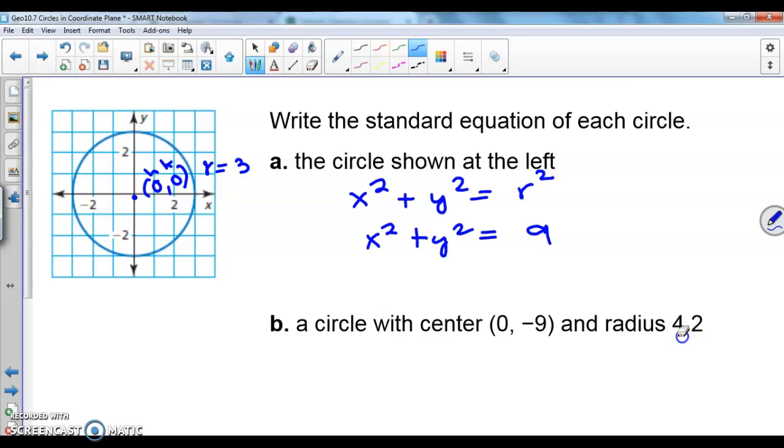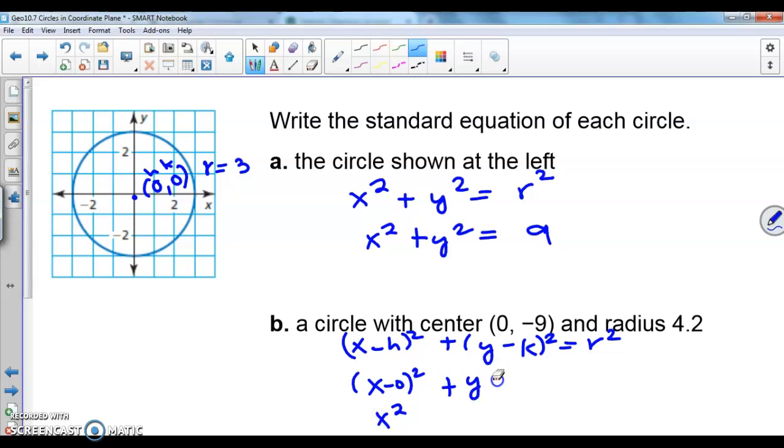Now in letter B, what if you have a circle with center 0, 9 and a radius 4.2? So this means that we're going to use the formula that has h and k. So let me write it down. x minus h squared plus y minus k squared is equal to r squared. So plug in the values. This will become x minus 0 squared, but if you clean that up, that will just reduce to x squared